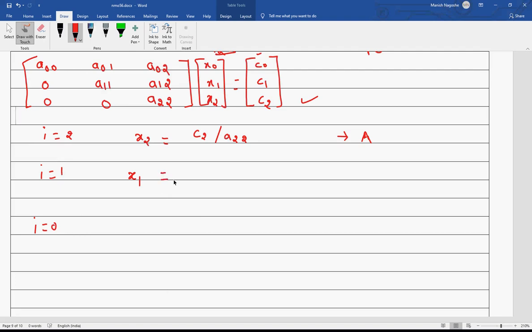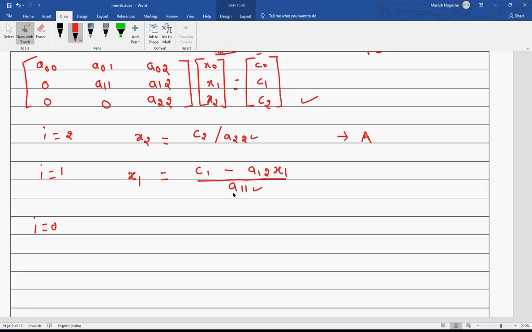x1 is equal to c1 minus a12 x1, divided by a11. This is what is my x1. Here in this case, what I am observing is that the denominator is always diagonal. So I can use aii in the denominator, that is very clear. I can use xi for this.